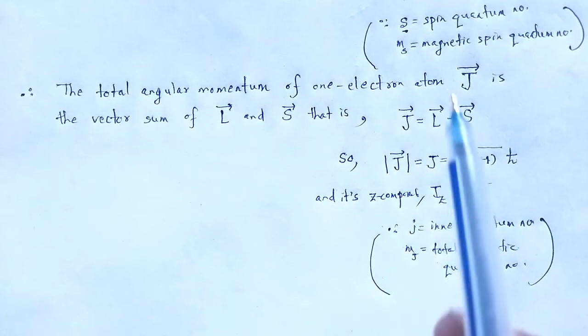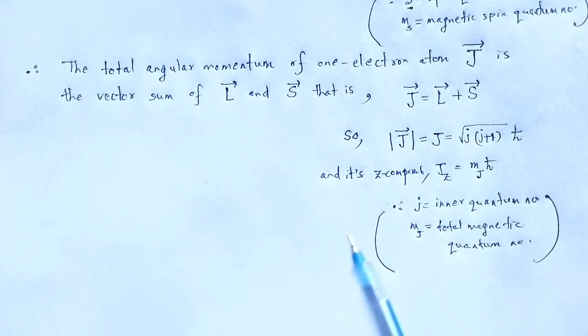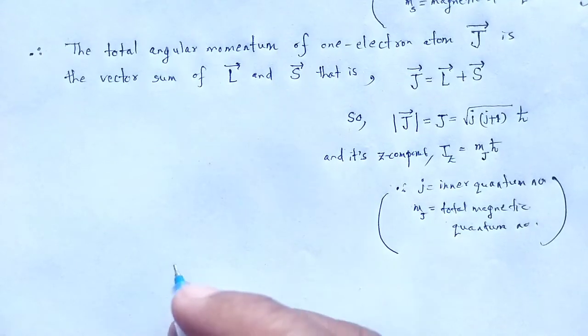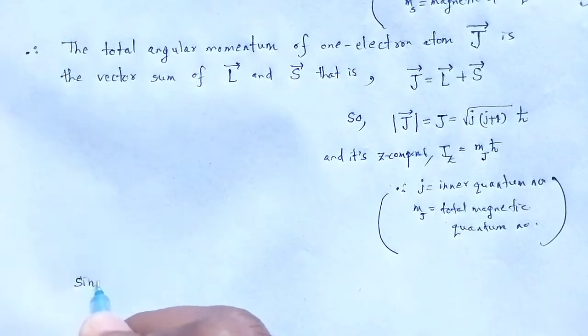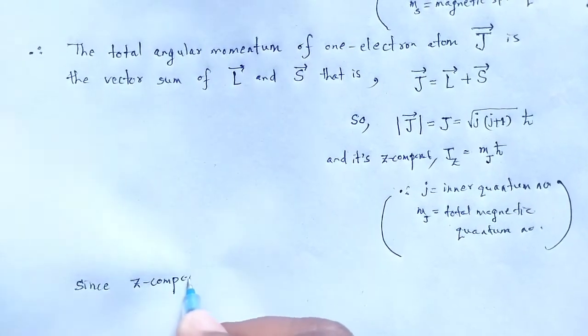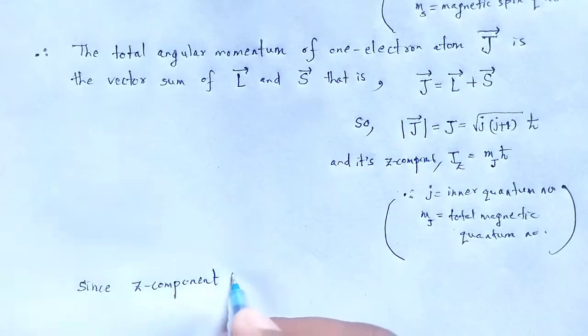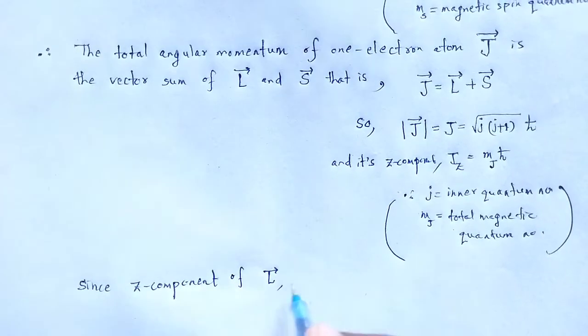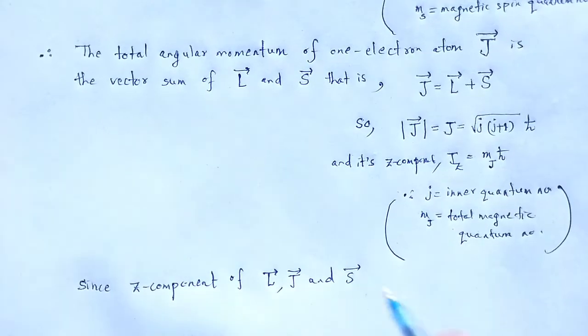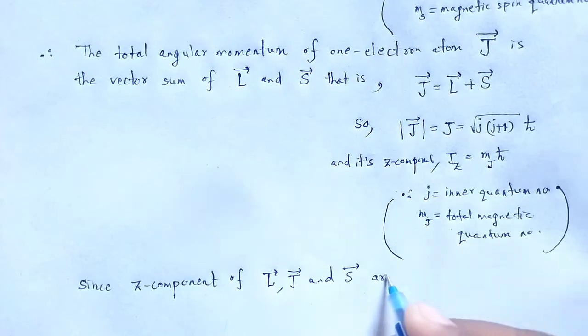So since the z components of the L vector, J vector, and S vector, the z components of orbital angular momentum, spin angular momentum, and total angular momentum, are scalar quantities,